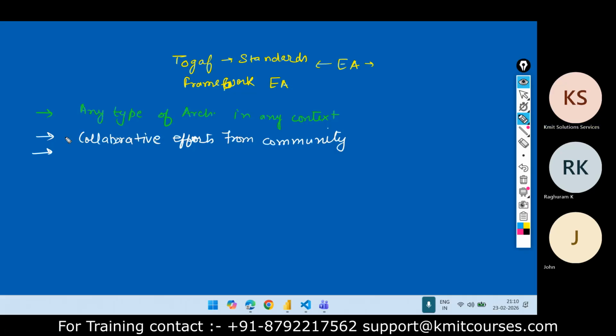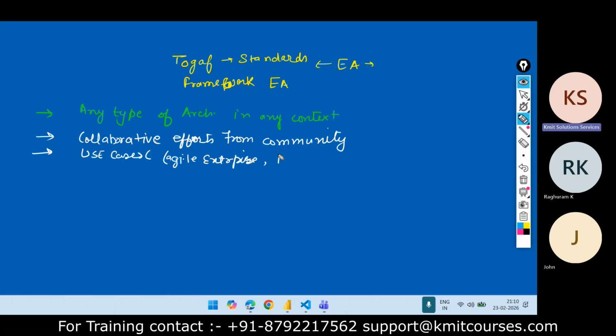Now, if you are using the TOGAF standard, there could be a range of use cases. Like if you want an agile enterprise, you can use this.